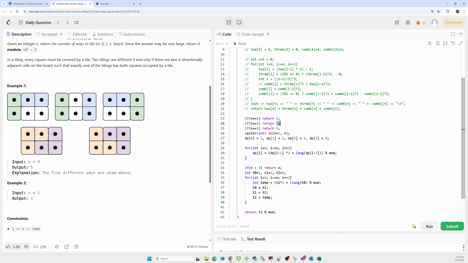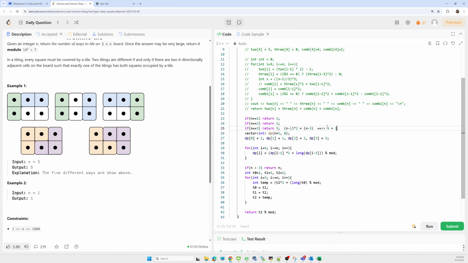For n minus 1, whatever the value of n minus 1 is, here it will be 2. So we have to multiply the 2 by 2, plus addition, and in that we have to add n minus 3, whatever the value of n minus 3. Initially we took the base case, so the n minus 3 value will be 1. So 2 plus 2 into 2 is 4, and plus 1, so it should be 4 plus 1.